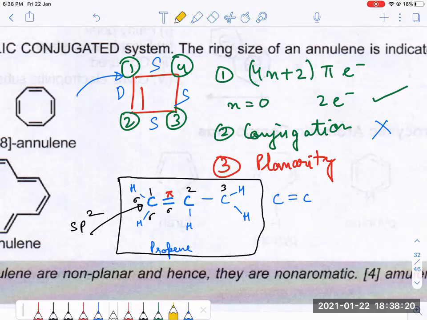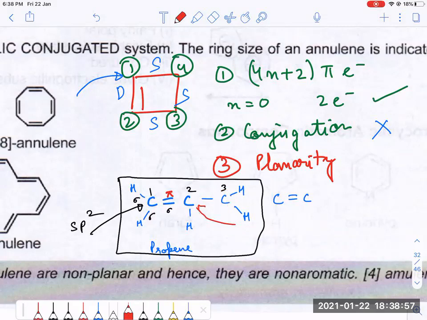Now let's check the hybridization of the second carbon atom. Please calculate the number of sigma bonds. Sir, sp2. Yes, this is also sp2. Why? Because again the number of sigma bonds is 3. You can see one with this H, one with this carbon, and one with this carbon. So 3, again sp2. Now the third one, please check.